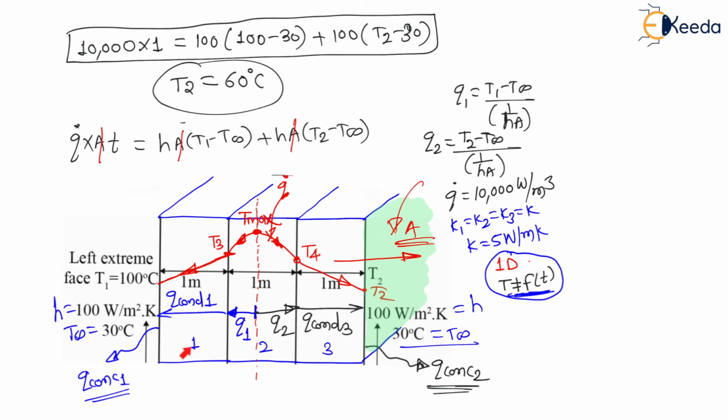And my dear students, as there is no heat generation in the first slab, therefore there will be a straight inclined line. That is, for temperature distribution, there will be a straight inclined line. And in the second slab, there is a uniform heat generation rate. Therefore, there will be a parabolic distribution. Temperature distribution is parabolic. Again, in the third slab, there is no internal heat generation. Therefore, there will be a straight line.